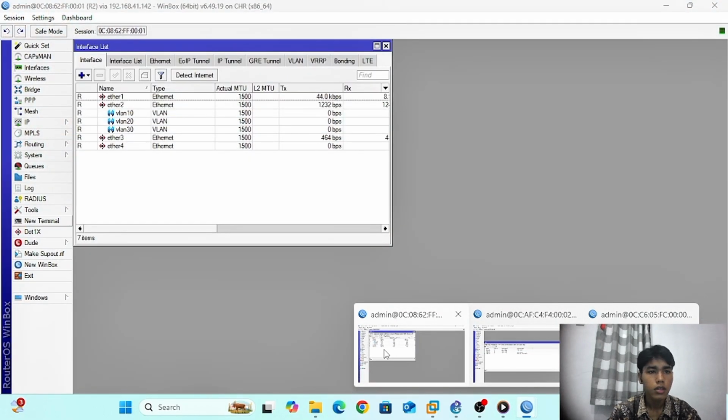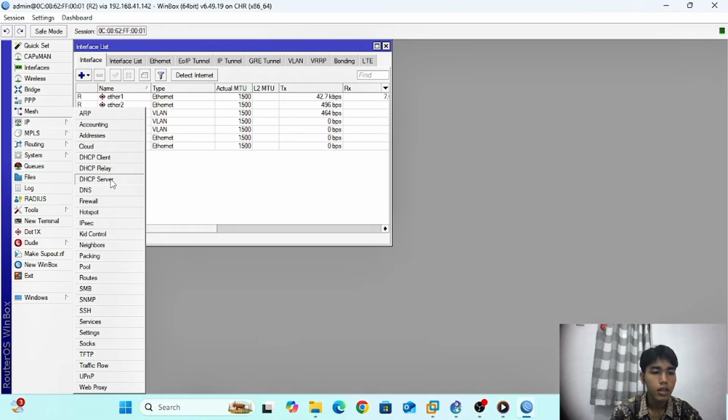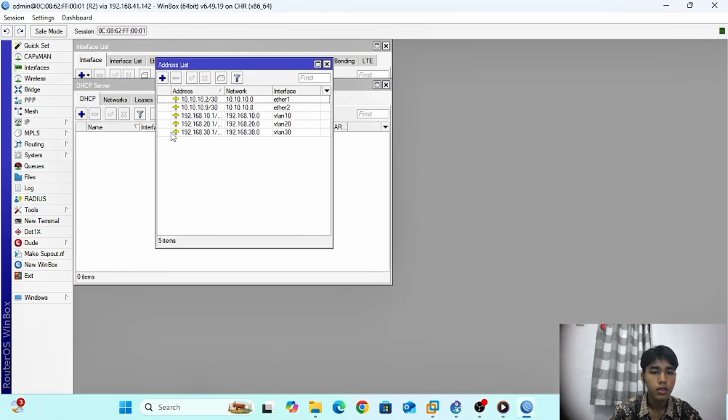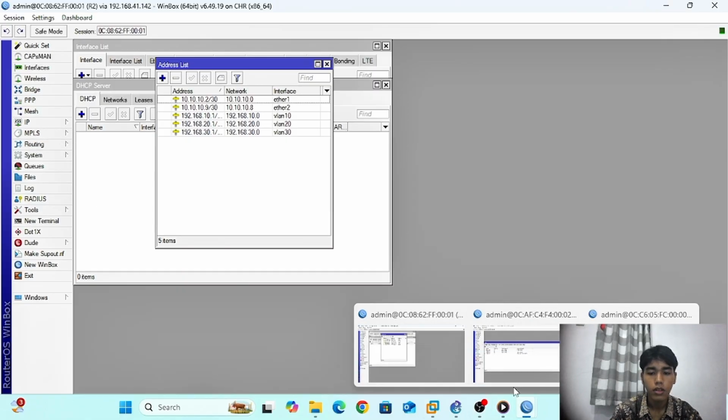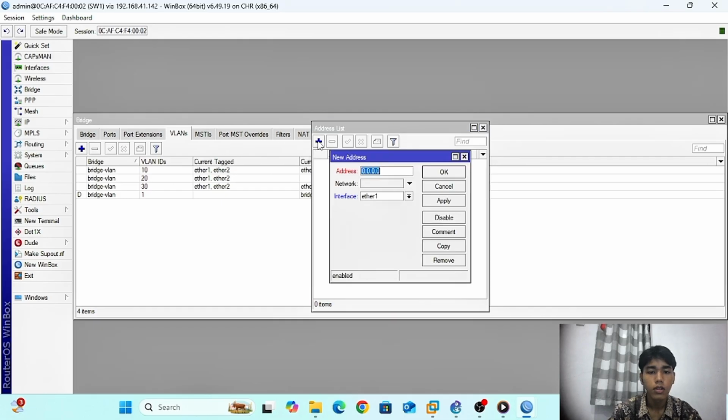Connect router to IP, create IP DHCP server, IP DHCP setup. On switch 1, create IP, connect to router 2, create IP address 10.10.0.10.0 slash, interface one.